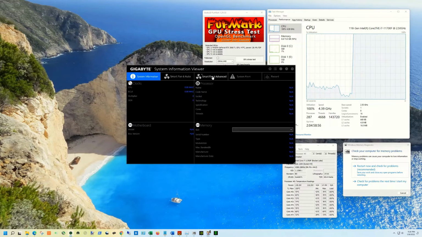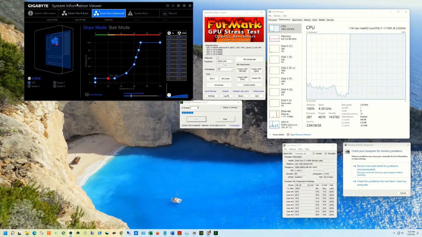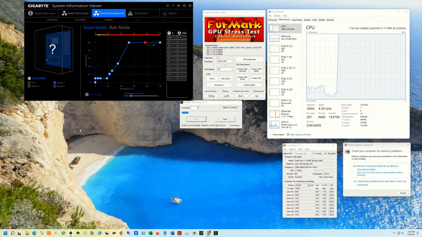This space, you don't have to look at that. Here I open up my SIV for my MSI, my Gigabyte motherboard, and I wanted to look at the CPU fan speed and the top case fan speed. The CPU is going to run at full RPMs when it's at 100% like this.